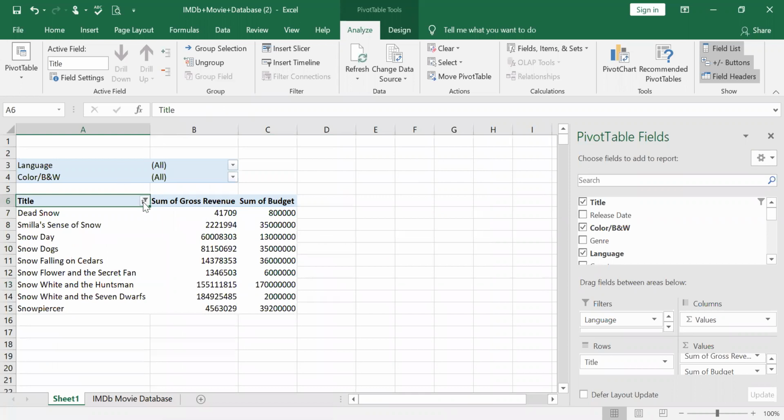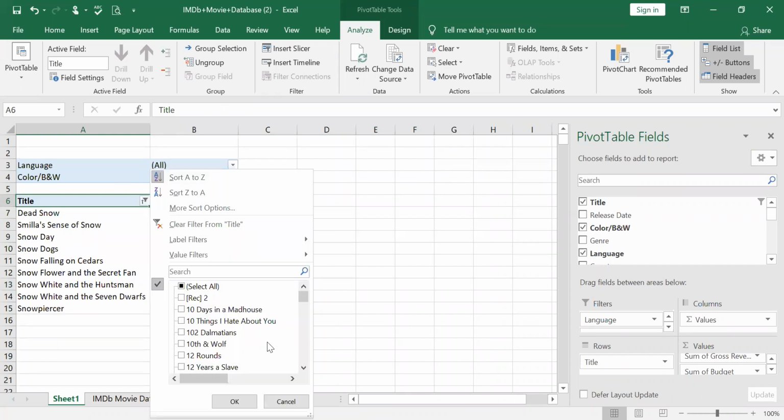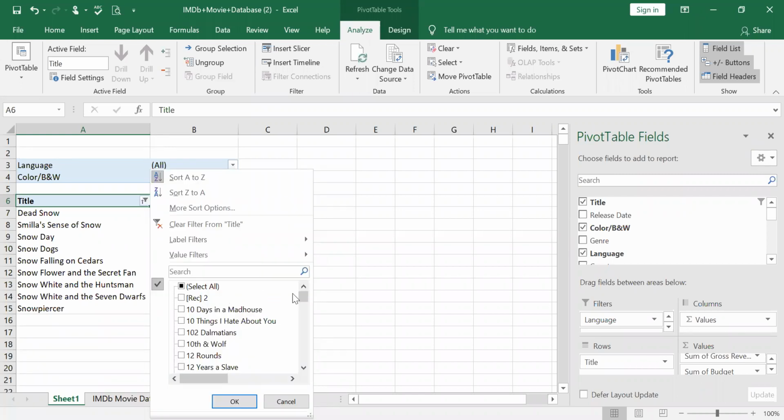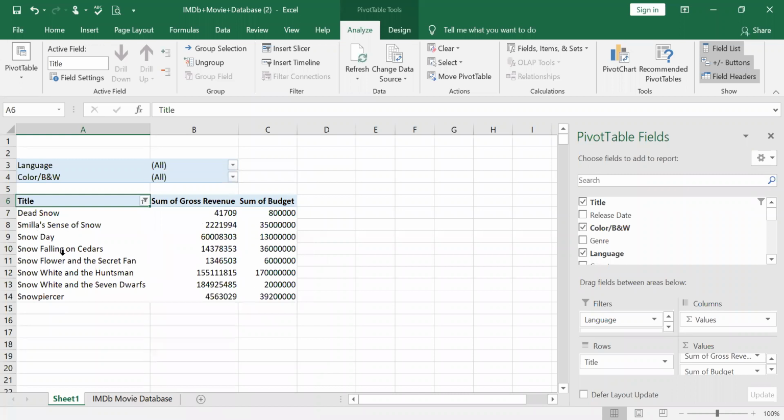Okay, this one has come. Then this is the filter. Okay, and in that snow, I already have all that. In that, add current selection to the filters. So if I add select into the filters, then I type snow, and then I click snow dogs and say okay, and snow dog is missing.